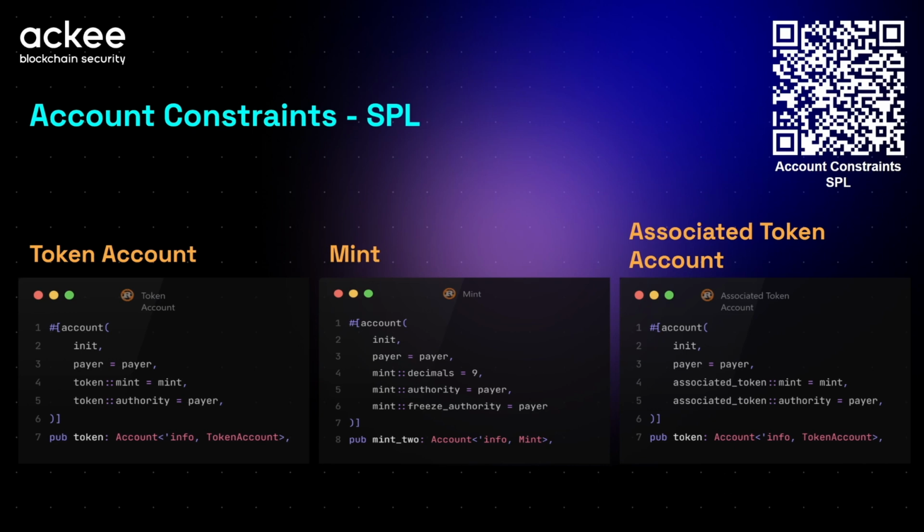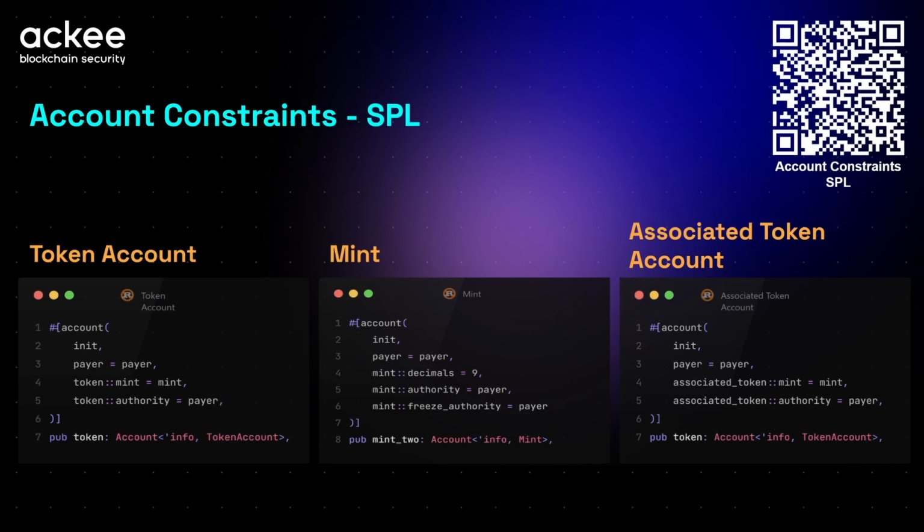And for these types you can also specify or use the constraints. Moreover, you can use these constraints also with the normal constraints that I showed you within the previous slides. So for example, you can see that for the token account you can use payer, you can use init. If you are initializing the token, you need to specify the mint for which the token is going to be initialized, and the authority that is going to have the authority over the token account.